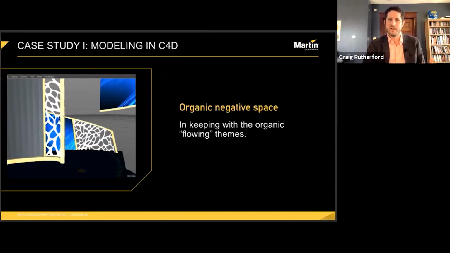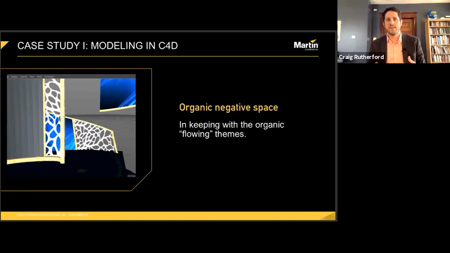Now, remember how I said that there can be some crossover between Vectorworks and Cinema 4D? In this case, the forms that I had drawn were, I knew, going to be difficult for me to make in Vectorworks. And so I decided that the best way to draw this stage would be in Cinema 4D. And right away, I needed to decide on the stage itself and how that might be laid out. So for reasons of width, I did the stage as a 50-foot by 50-foot square, but I turned it sideways.